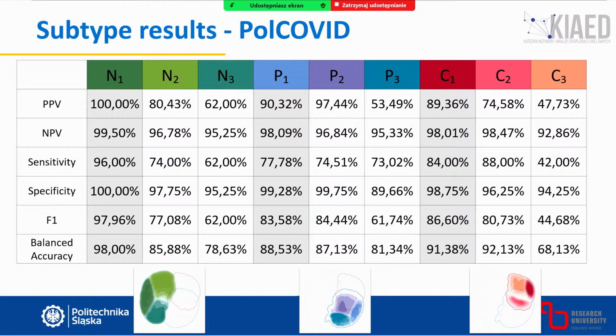But when you look at the subtypes of these three classes, we can explain somehow which patients are harder to predict. I told you that C1, N1, and P1 are the most representative, right? N3, P3, C3 are the least representative. And we can see this in these results, right? Look at the balanced accuracy for N3, P3, and C3, and compare it to C1, C2. If you have disease-specific symptoms, we can already see it on this UMAP, on the subtypes, and it's easy to predict that you are in a given class. If your symptoms are not specific, if your image is similar to the image of patients from a different class, the model also works